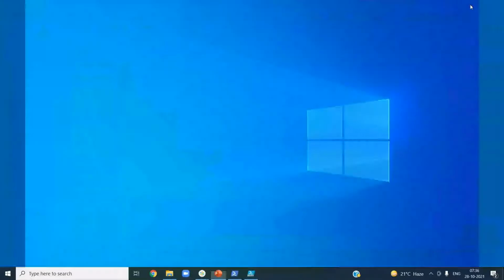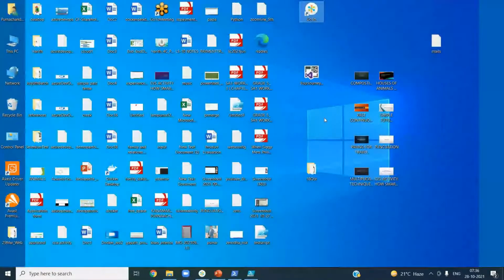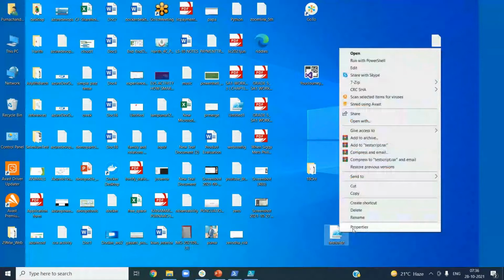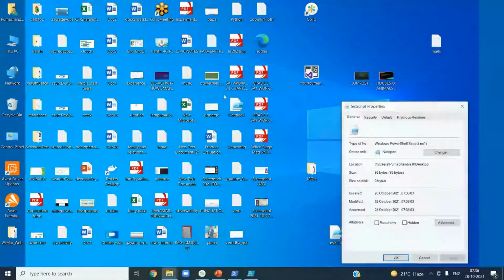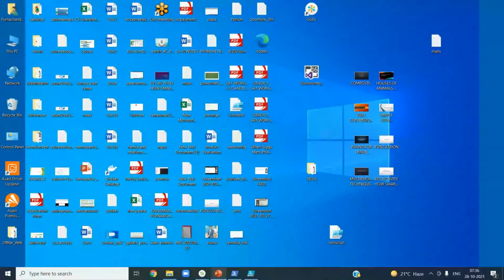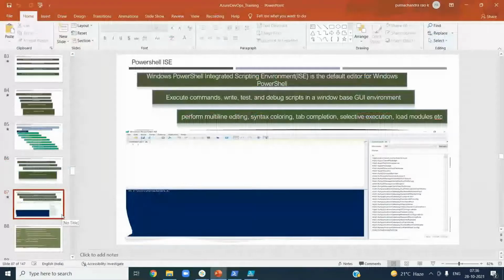Now this is how it will show, right? Test script. You can see the PowerShell image. This is your script, and you can run it if you see that extension, as I said, .ps1. It's as simple as that. But we haven't arrived there. Let's start with some basic things.